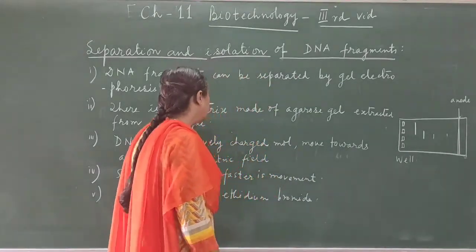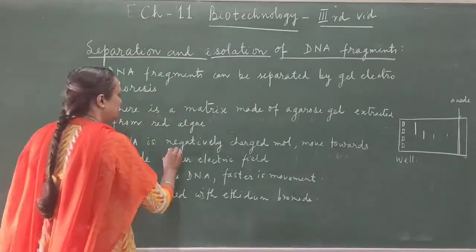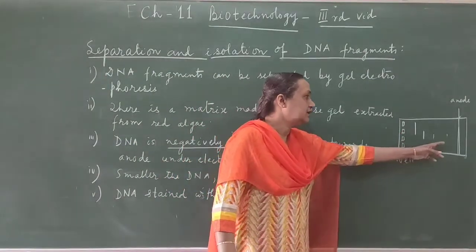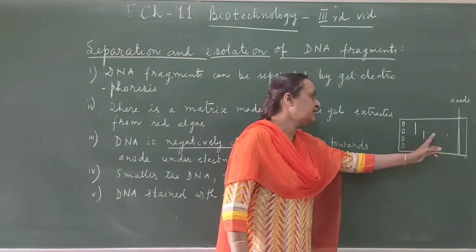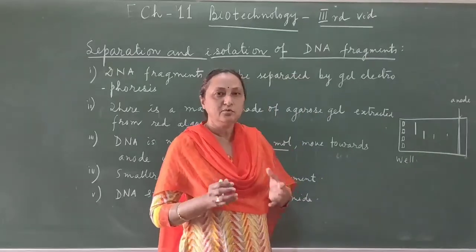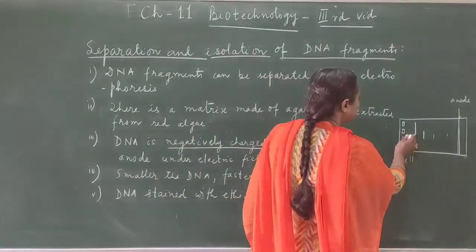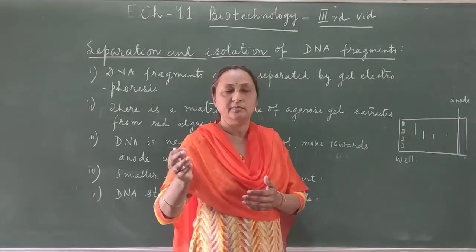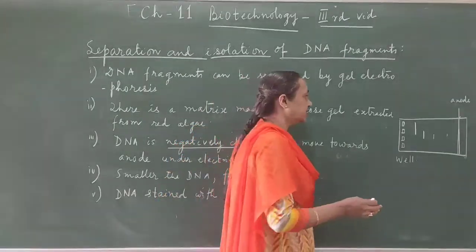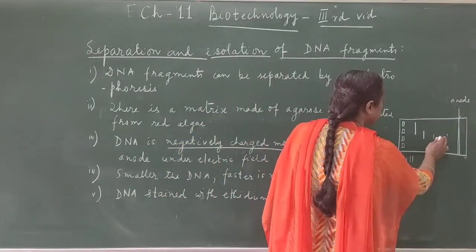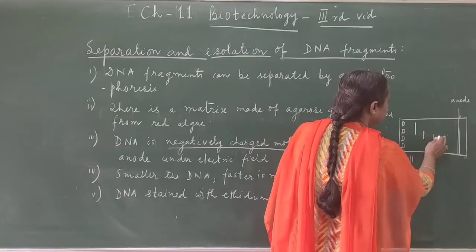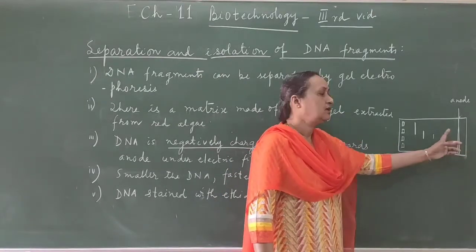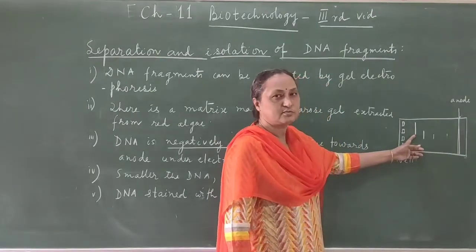Alright. Now you know that DNA is a negatively charged molecule. So when the DNA fragments are loaded here, under the electric field these DNA fragments will start moving, and when they are moving, the bigger the fragment, the slower is the movement, and the smaller the DNA fragment, the faster will be the movement. So under the electric field you can find all DNA fragments, depending on the length, are now separating from each other. So you see the smallest one, fastest movement, and the largest one, slowest movement.